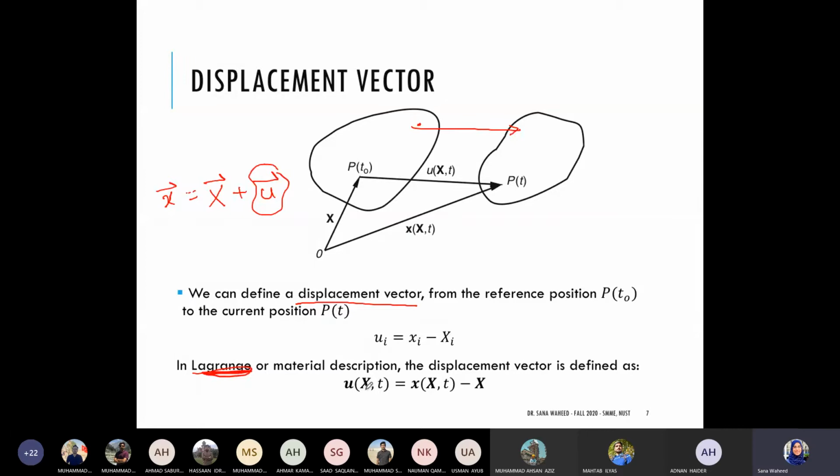Okay, or as a function of capital X. So just wanted to point that out. Now, one more thing needs to be described very carefully, which is if I was to write this in index notation,